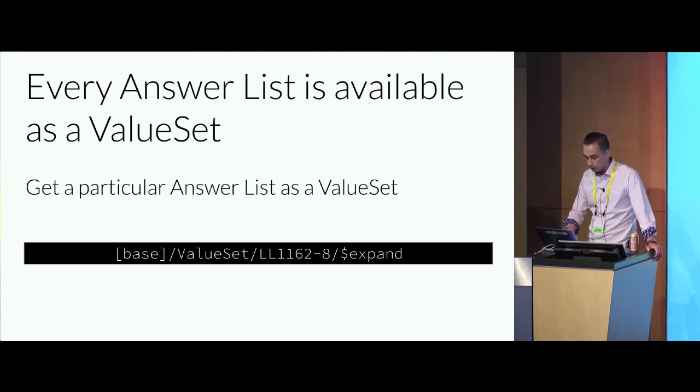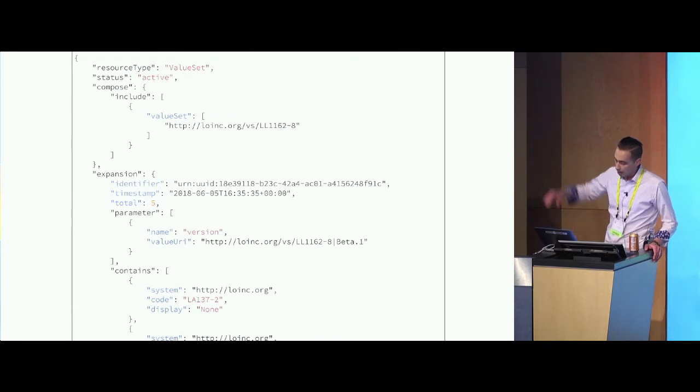If you want to do that, you can pass the LL code as part of the URL string, then use the expand operation, and you'll get back the list of items, the LA codes that comprise that